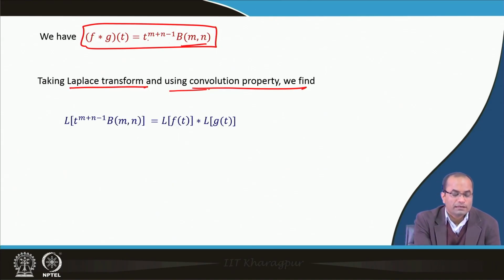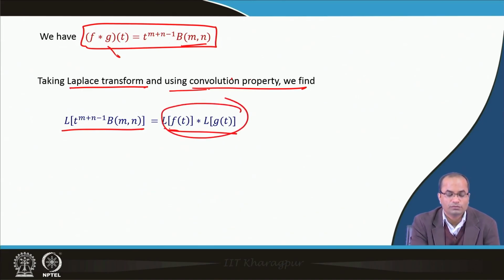That means the Laplace transform of t^(m+n-1) B(m,n) is equal to the Laplace of this convolution, and by the convolution property, the Laplace of the convolution will be equal to the product